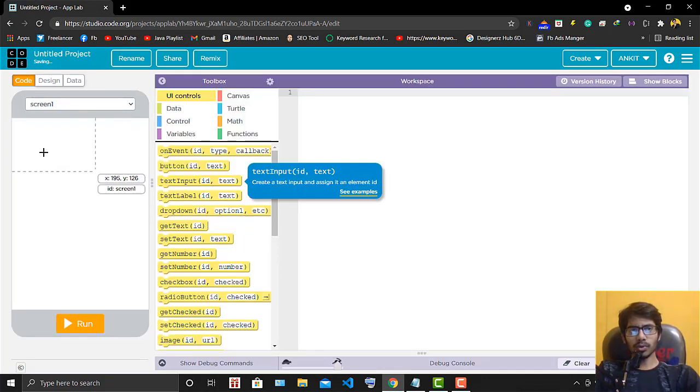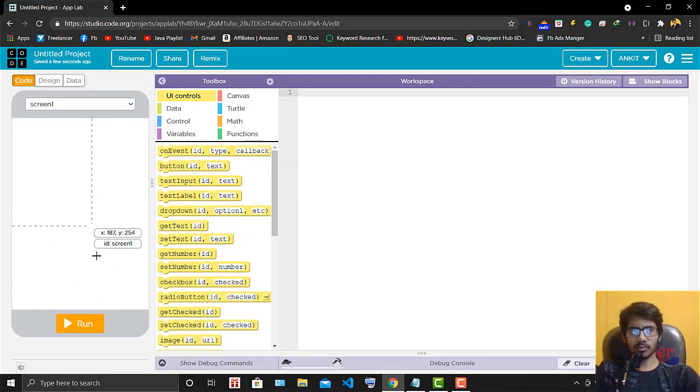Now what you have to do here: you can see this is a mobile screen like thing, and here you can write the code, and here you will do the designing part. First of all we need to design, and to design our calculator app, we must first design that calculator app in our brain, how the design will look.